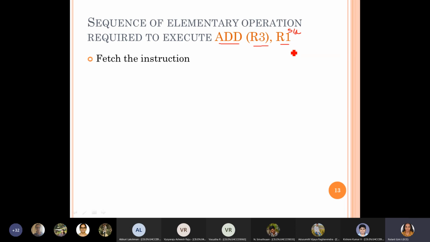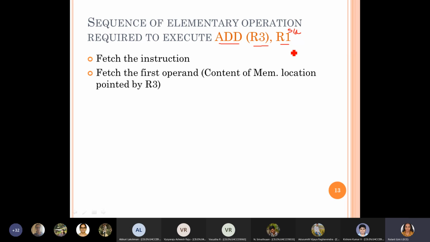For that, the first thing we have to do is fetch this instruction from the memory. Then we go for fetching the first operand, which is the content of the memory location pointed out by R3. So two memory reads are required here.